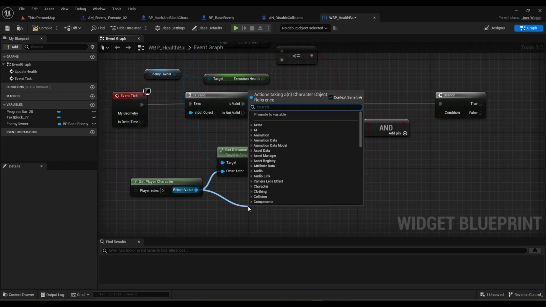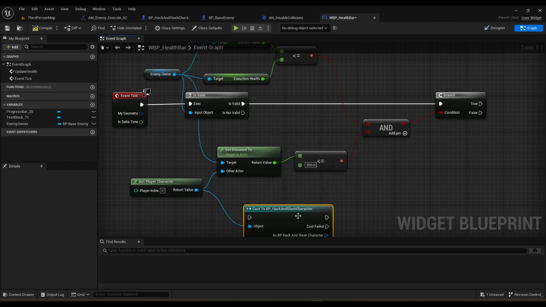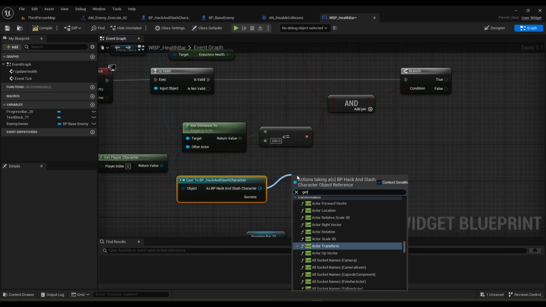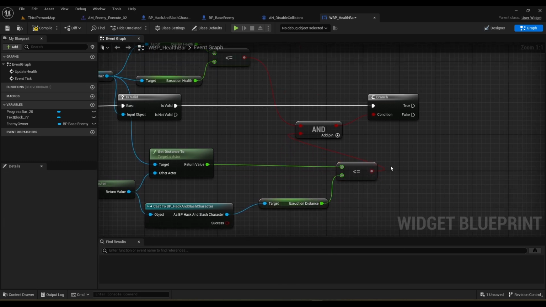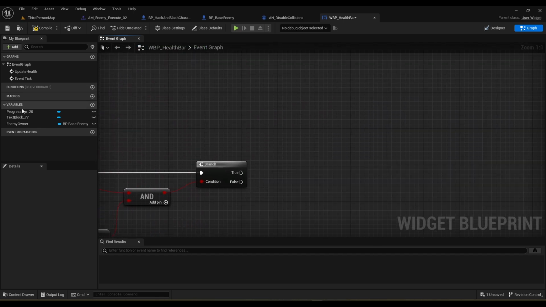Or we can actually just cast to VP, and then we can just switch this to pure cast, as we know that the player would always be this class of this blueprint class. We can just get distance, get execution distance, and we can just plug this in. So this out a little bit. Now on the false pin or on the true pin, let's